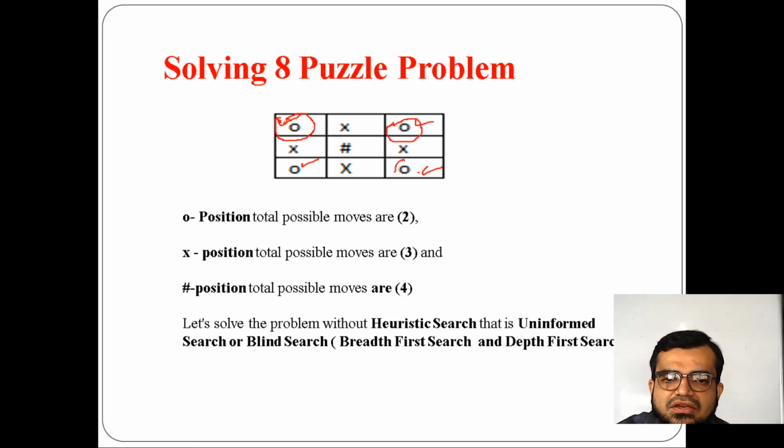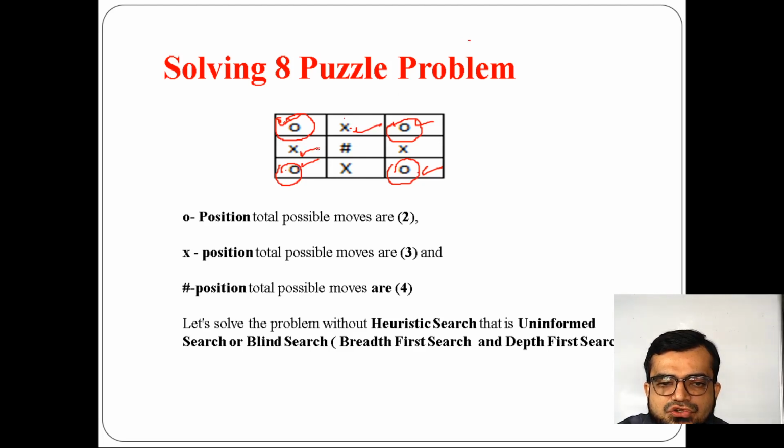Similarly, if you take this 0, you can only move in 2 directions, either left or up. And similarly, if you take this one, it can move either up or right. So at a time, it can move in only one of the 2 directions. But if you consider this x now,